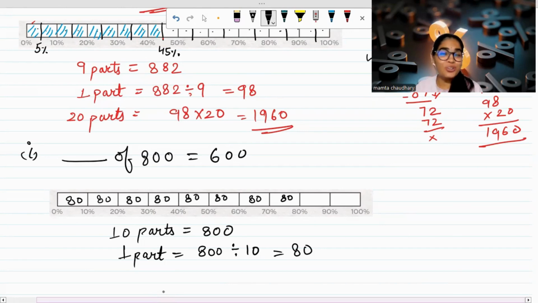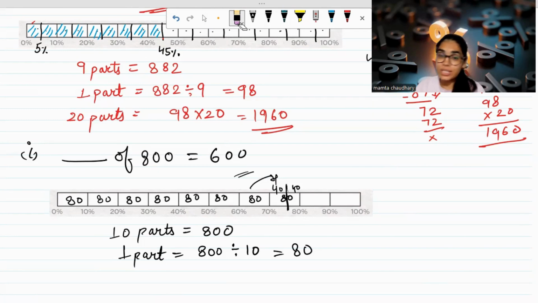So what you have to do? You have to draw a line here. You have to divide that into two parts. Why? So that you can take 40 here and 40 here. Okay, so 560 plus 40 will be 600. Understood? So what you have to do basically, you have to divide 70 and 80 into two parts. Here we'll take 40 and we'll divide into two parts. So as we are dividing this into two parts, okay.